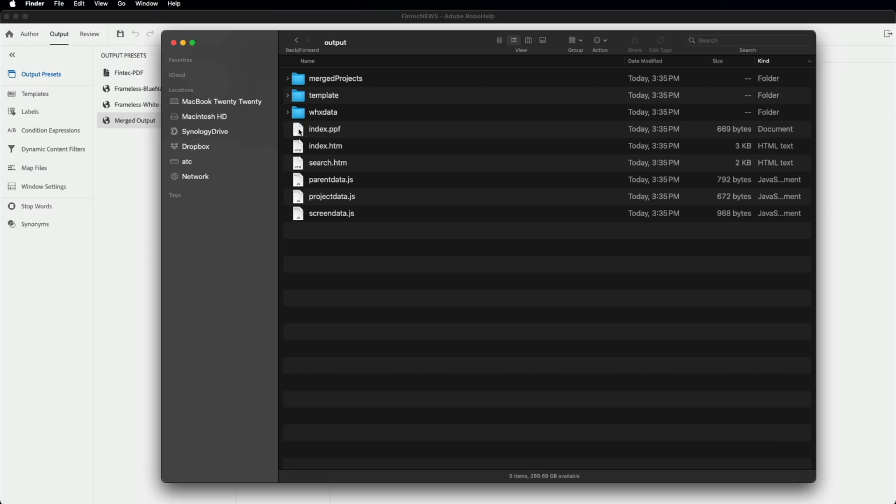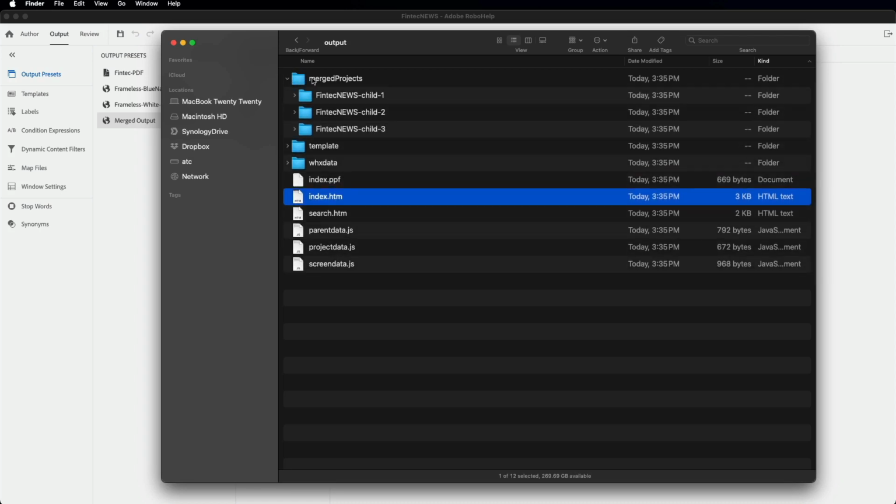And along with the index.htm that I really wanted, what I've got is the basics that I would have from my RoboHelp publish. I've also got this merge projects directory right here. And look at this. Merge projects has labels for FinTech News Child 1 and 2 and 3. This gives us the structure that will allow us to look at this one place with all three of these sets of content